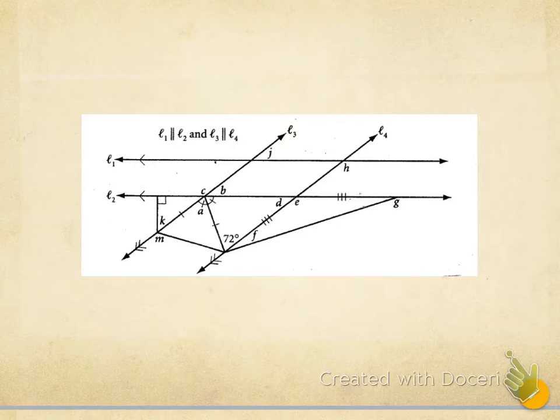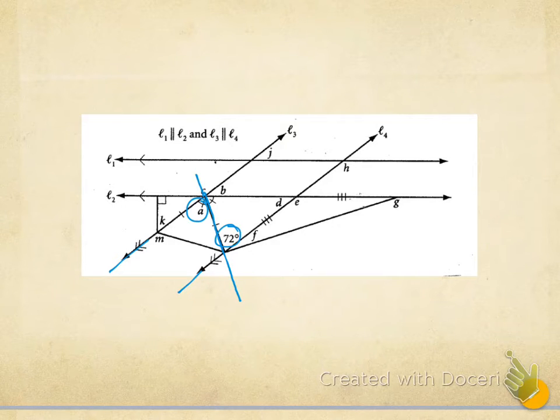Okay, we need to find all of the missing angles. So, I'm going to zoom in here. Oops. Okay, so let's see what we can do. So we have parallel lines, so these ones we're going to be using alternate interior and stuff like that. So let's see. So it looks like if I use these two parallel lines here and this transversal, I can find